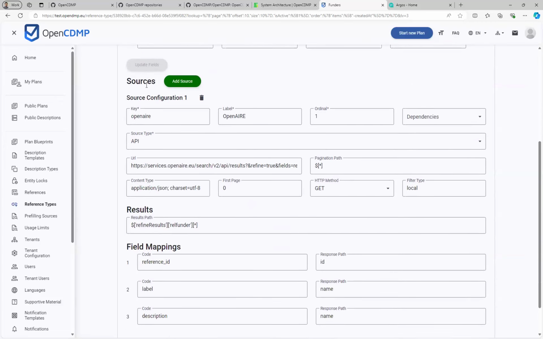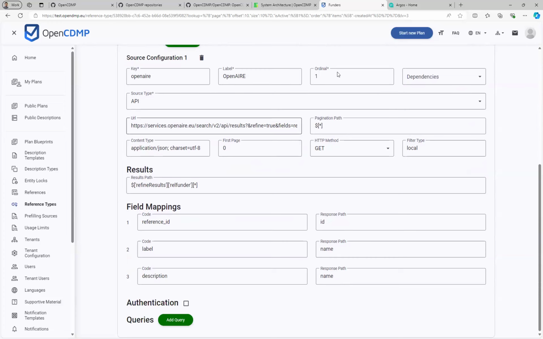And then in the sources section, you can add sources where you would fetch these funders. Here we can see the configuration for fetching funders using OpenAIRE services. This is kind of technical because you have to define how this API will be called and then define how the response will be parsed, where you would find the results and what information you want to extract from these results.